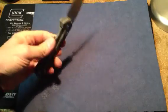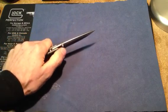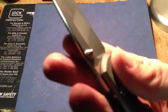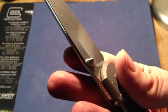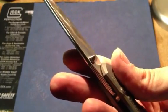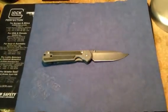Now, the only thing I don't like, or two things I don't like about this knife, are the thumb stud, and other people have said this too. If you look at this thumb stud, I'm sure you've all seen it before. It's a little mini volcano. Right? It's really good and focused here. And that little nipple is actually kind of pointy,